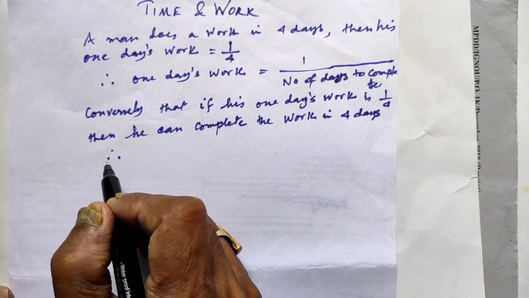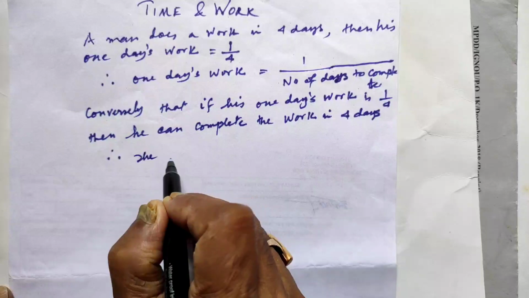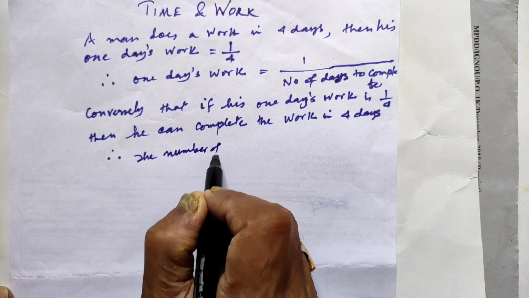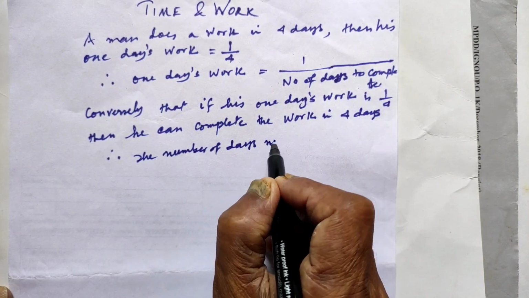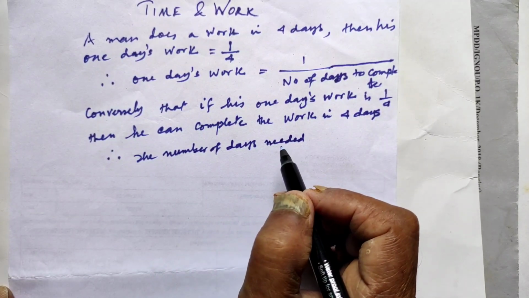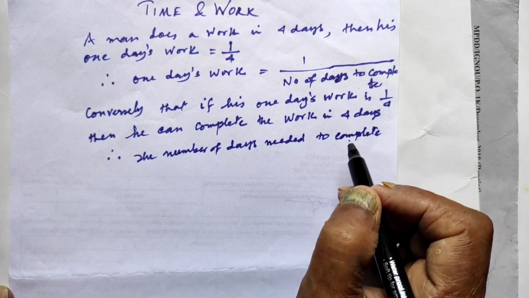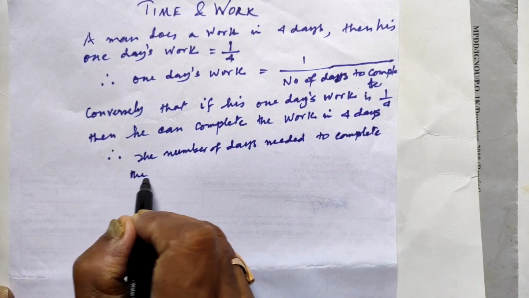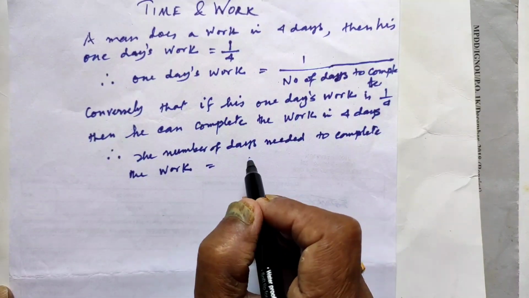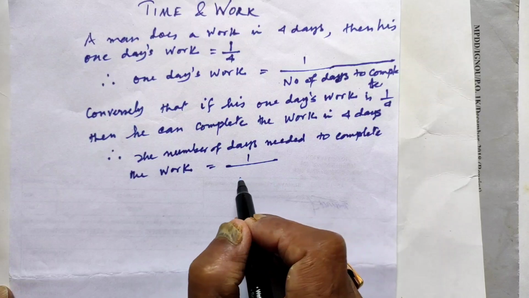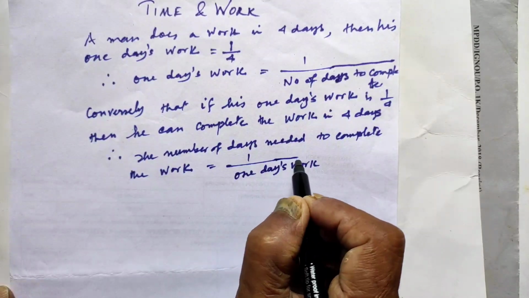Therefore, we can say easily that the number of days needed to complete the work equals to 1 by 1 day's work. All right,